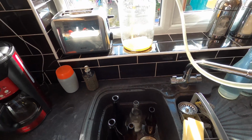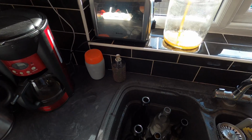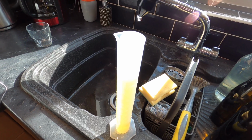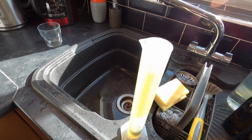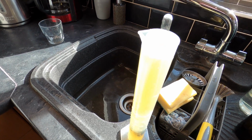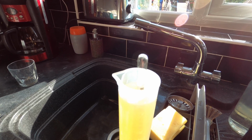I think we'll call it a day at that. I don't want all that rubbish in the bottom. So I've ended up with exactly 4,750 mils. So I need to take the final gravity of this. So in goes the hydrometer, and that has sunk very nicely. And I am looking at a final gravity of